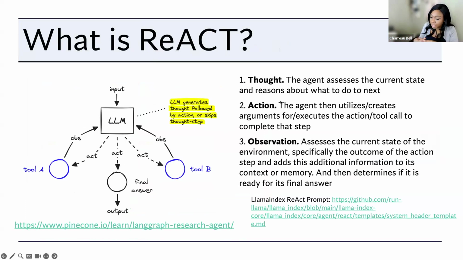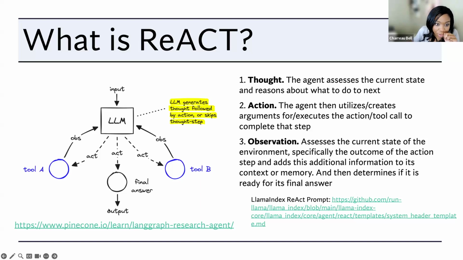Again, we're thinking about the name of the function and the arguments, and then we actually execute that. Then we're able to look at the output of that tool call, that function call, whatever we're doing, and decide if we're done. So we have these steps where we have some input to the LLM. We might or might not enforce this thought part on the LLM, but we take an action to use a tool. Now that's added back in. We might take another action, maybe that requires another tool. Then, looking at all of our outputs and our context, we might find that we are finished with this task and output the final response of the LLM.